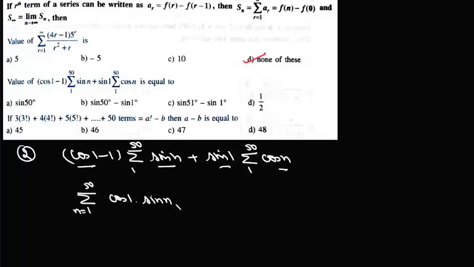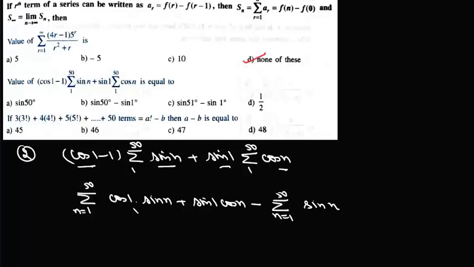1 to 50, plus sin 1 summation cos n, n varies from 1 to 50. Now we'll rearrange it a bit. We'll take these terms together. So we can write this as summation n varies from 1 to 50 of cos 1 sin n plus sin 1 cos n, and minus this summation n varies from 1 to 50